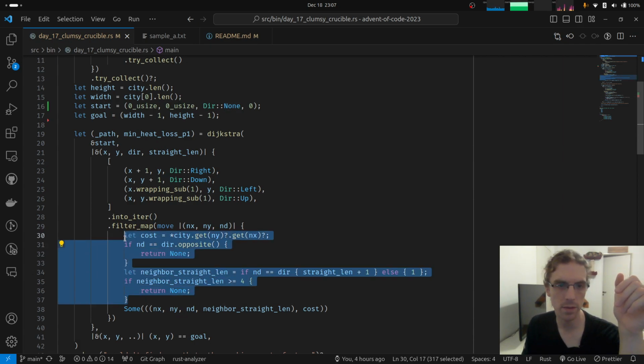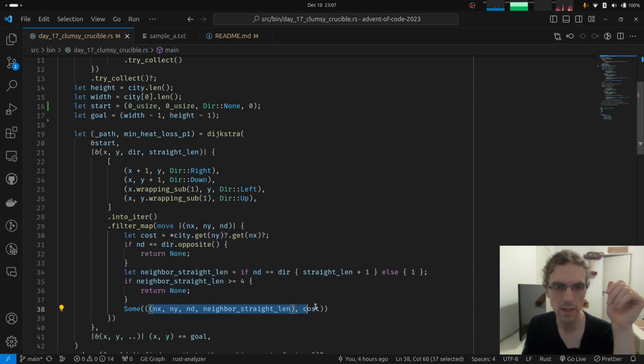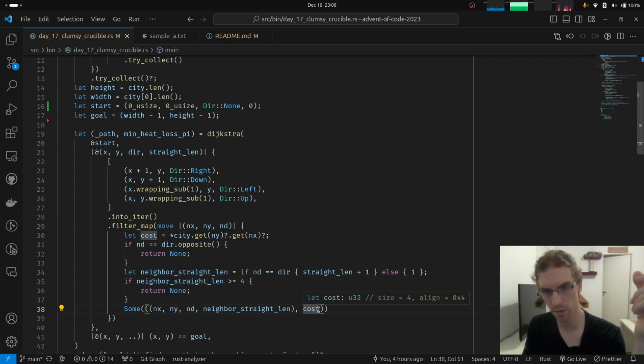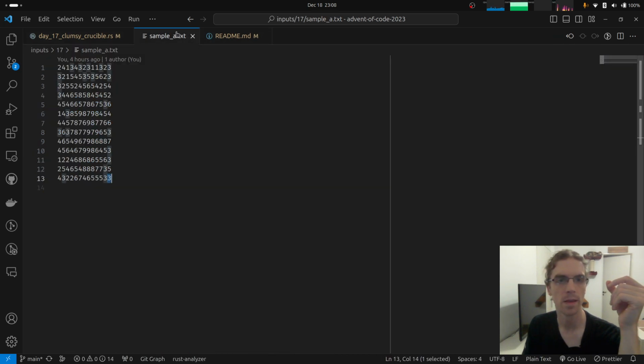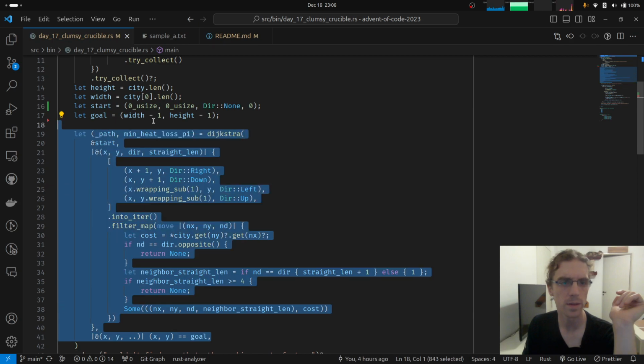And otherwise, if you haven't returned early from any one of these, we consider this a neighbor. So we have the neighbor x, neighbor y, and neighbor direction, and also how much you have been going in a straight line, and then also the cost of moving to this neighbor, which in this case are these numbers on the city, which represent heat loss, basically, for the exercise. And that's it.